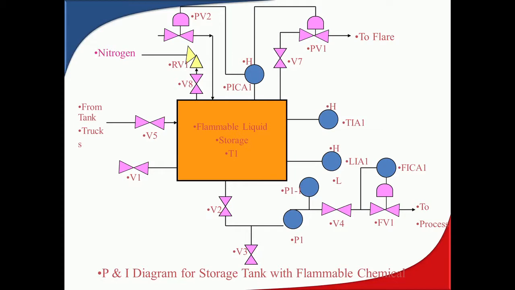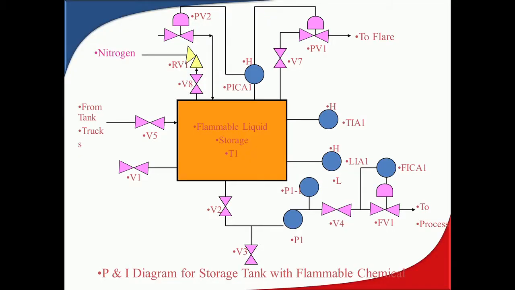See, the tank truck might not be working. Which one? V5 may be stuck or it's not working. Okay, then the tank or the truck might be empty. Then any wall or line rupture or leakage from this also cannot allow a level into this. Or the level indicator is not working, a malfunction of the level indicator.